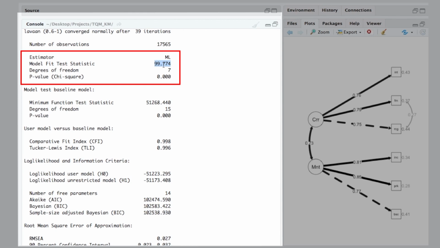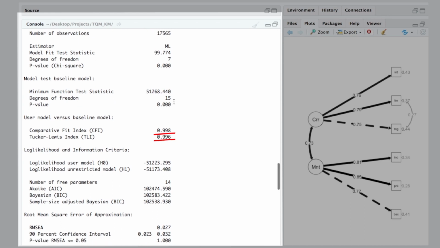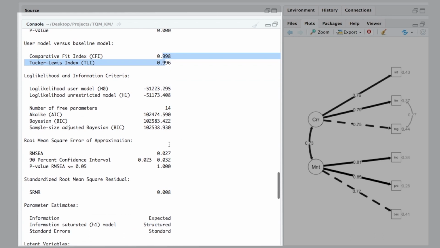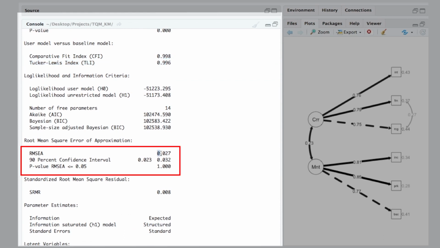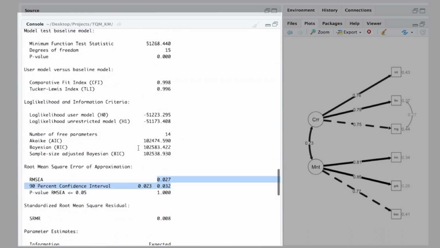It is not exactly zero, but towards zero. This means our model is traveling towards a more saturated model than the independent one, because the independent model has a big figure. Earlier it was more than 300, now it has come close to 99. Then the figures jump like anything: 0.99, 0.996, and RMSEA is almost 0.207. Then SRMR, if you just see,